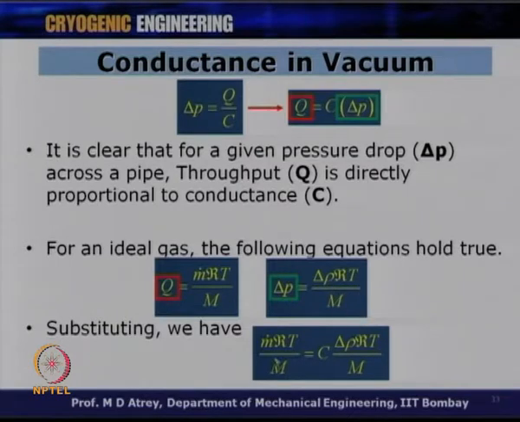So, now from here we can cancel out RT and RT, we can cancel out m, and we get therefore a relationship between m dot and conductance and delta rho. From here we can see that this will get cancelled, and I get C is equal to m dot upon delta rho. So, now my conductance is nothing but mass flow rate divided by the delta rho, the density difference which is occurring because of the pressure difference P1 and P2, or the pressure drop occurring across the length L.